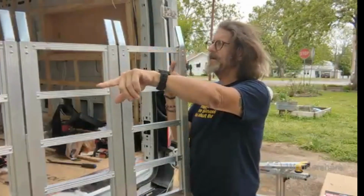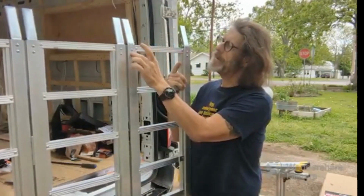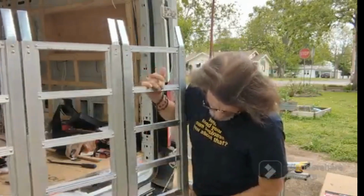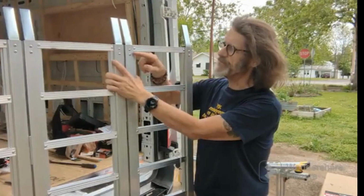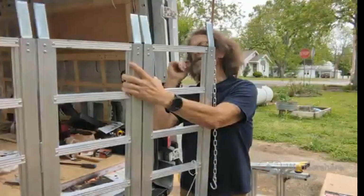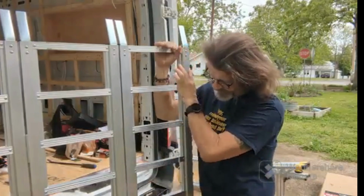It's 48 inches wide by 69 inches tall. So what I will do is drill out a couple of these rivets and pull these pieces out that actually go in the bed of the truck. And I may have to cut about an inch or so off the end, and when I do that, I will in turn move this end piece back, and then we'll get some 1/8 inch plywood for a couple of slats in here